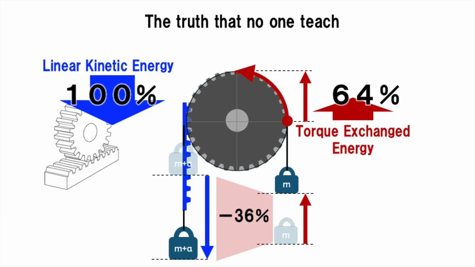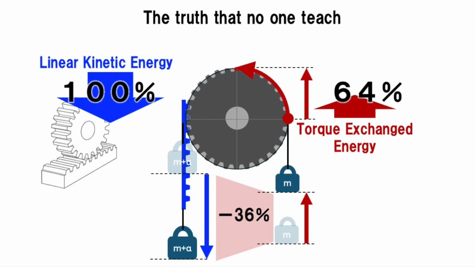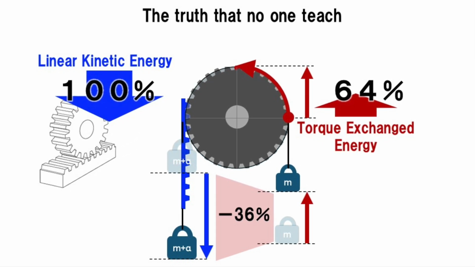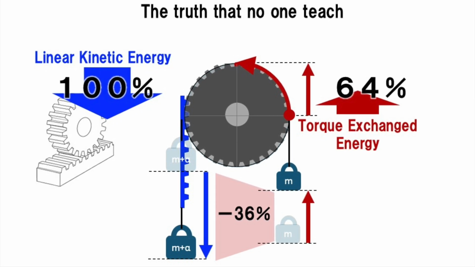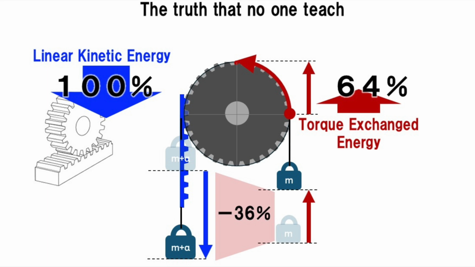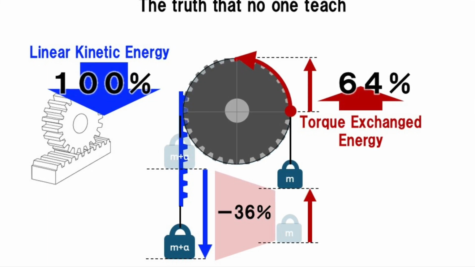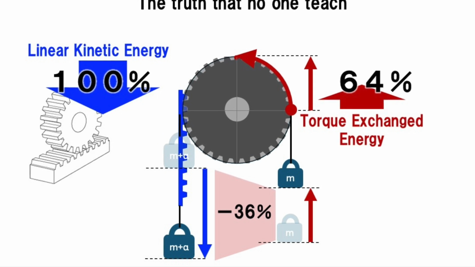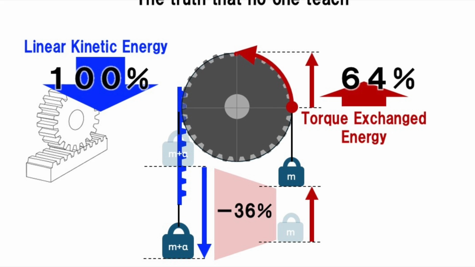But the main cause of the loss is not the mechanical friction resistance, but the significant increase in the time and distance over which the same force is continued to be applied. If we take into account the actual mechanical friction resistance, the distance and time over which the mechanical friction resistance is applied will also increase. And the loss rate will increase even further.